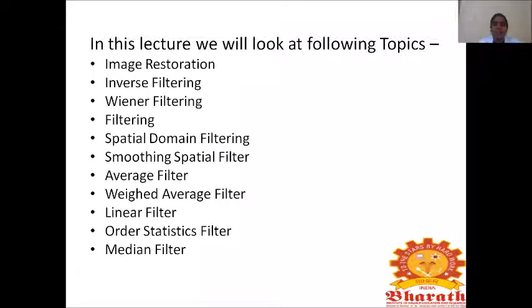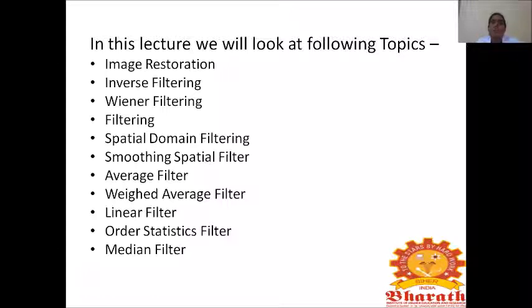Image restoration is used to enhance the image quality. The input of restoration is degraded images, and the output of restoration is enhanced, improved quality images. It has two approaches. One is inverse filtering, another one is binary filtering. Inverse filtering is also called unconstrained filtering, and the binary filter is also called constrained filtering, as well as minimum mean square error filtering. It is used to reduce the filtering compared to inverse filtering.